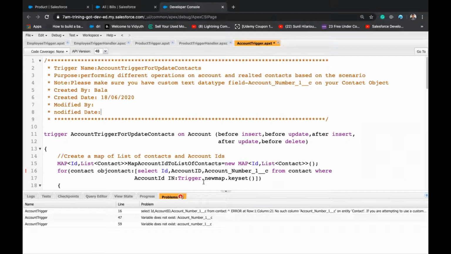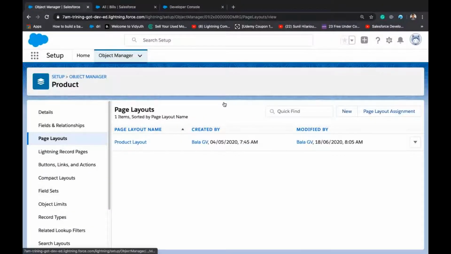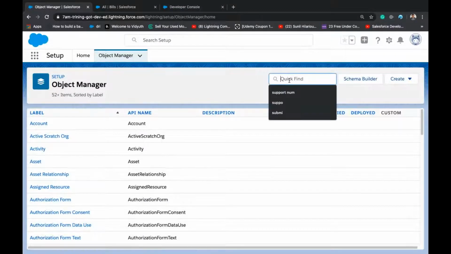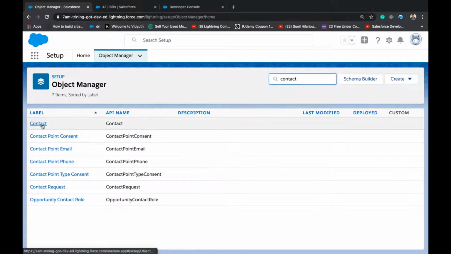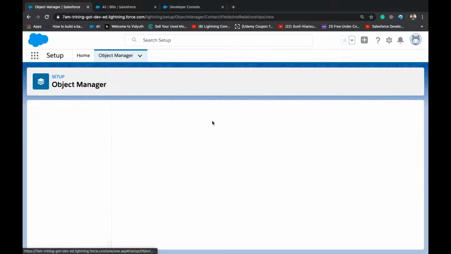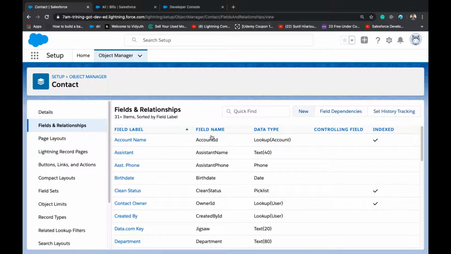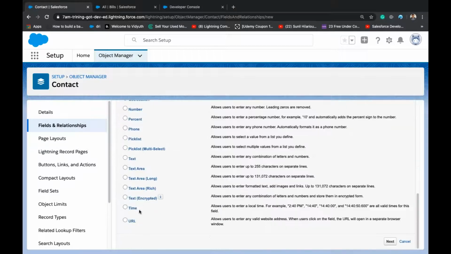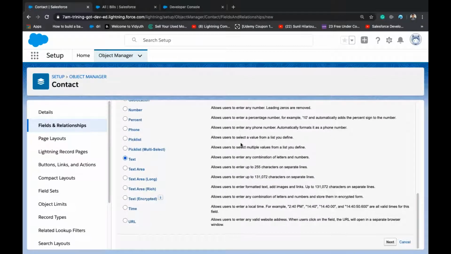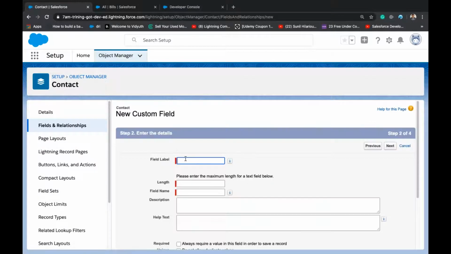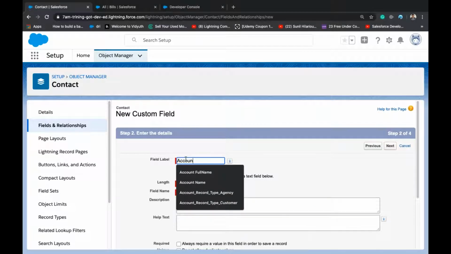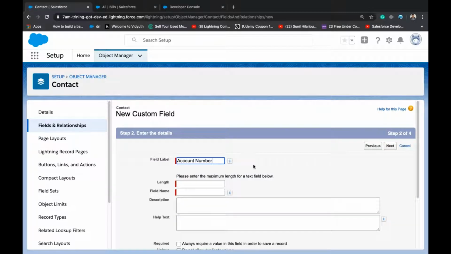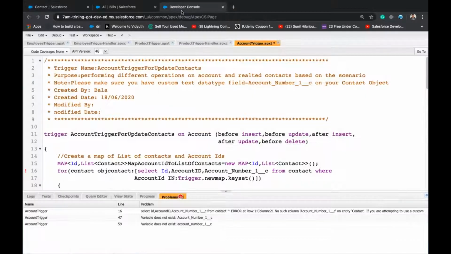Then for the issue, I don't have account number on contact. So let me go to contact. Create a new field, text field, account number, account number one.